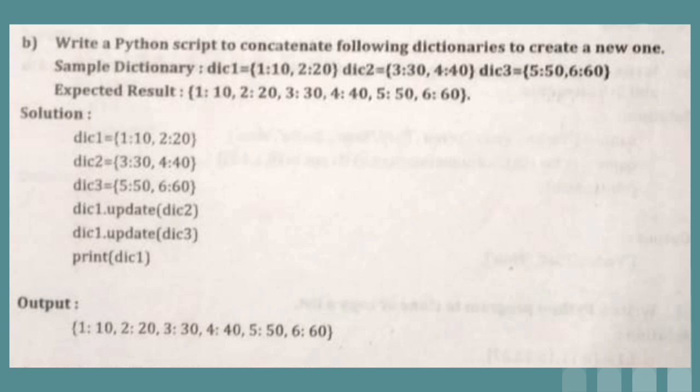And in the same dictionary, we want to add the elements of dict 3 also. So for that, we will write again dict 1 dot update, into round brackets, dict 3. So in the first update method, we have added dictionary 2 to dictionary 1, and by writing the second line, dict 1 dot update dict 3, we have added dictionary 3 inside dict 1. Then simply print dictionary 1, which contains all the elements of dict 2 and dict 3. So you will get to see this output. This is a very easy program, that is practical number 5B.